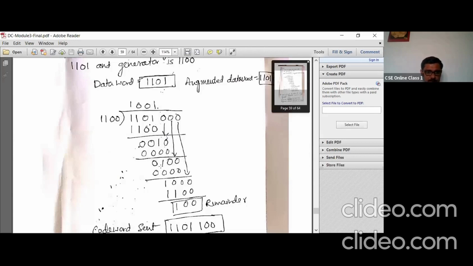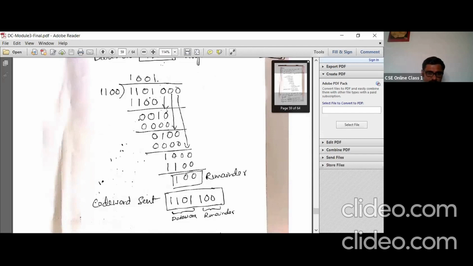Again the leftmost bit is 0, so you take 0 0 0 0 as the divisor. Again perform the XOR operation. 1 XOR 0 is 1, 0 XOR 0 is 0, 0 XOR 0 is 0, and take the last 0 to here. It will be 1 0 0 0. Since the leftmost bit is 1, take 1100 as the divisor.